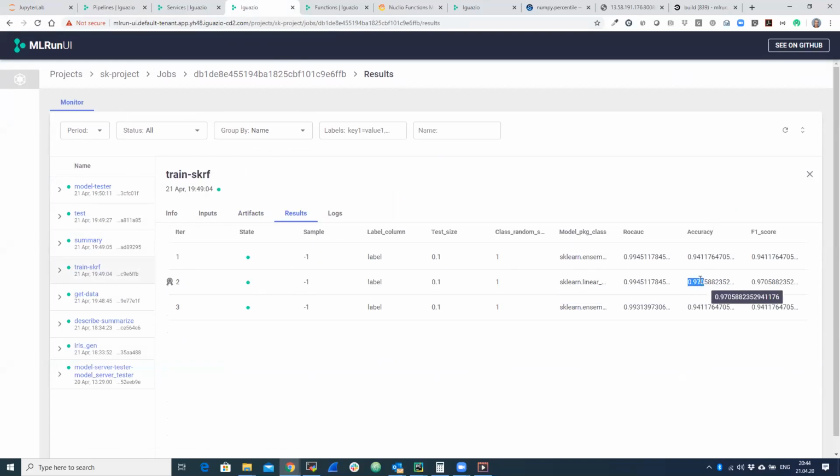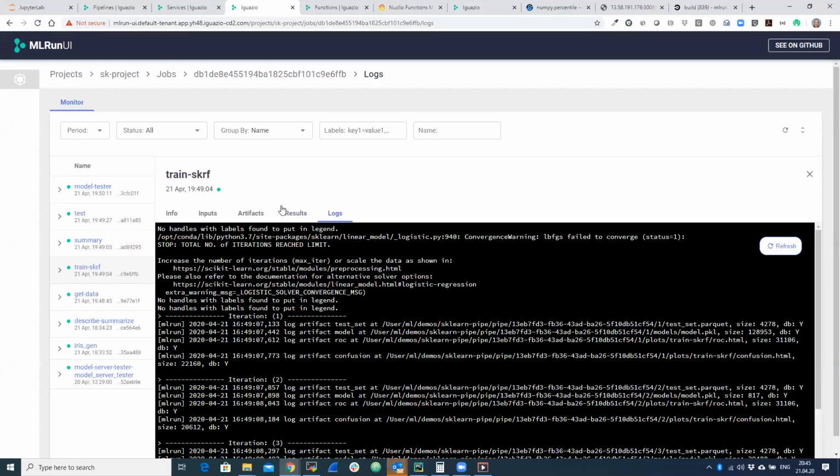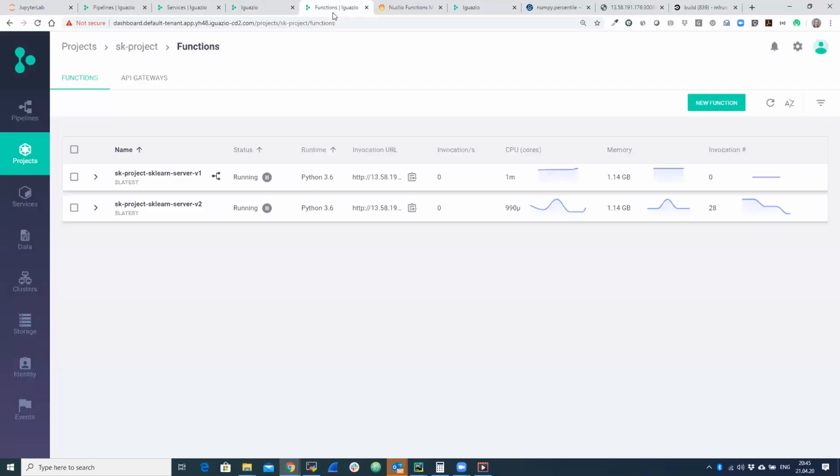Again, I didn't have to work hard. I just specified which algorithms I need, and this is all done correctly. If I really want to look at the logs in detail, I can even do those. The next thing I want to see is, you remember I deployed functions. So now I'm going to move to the Nucleo UI.